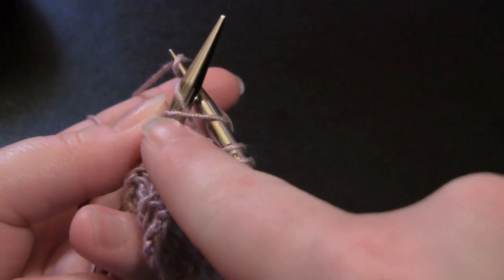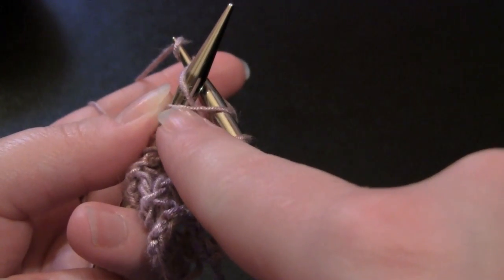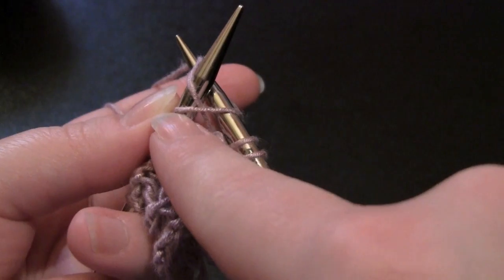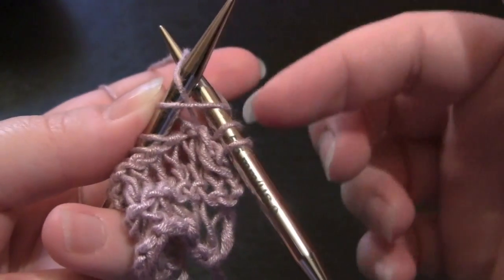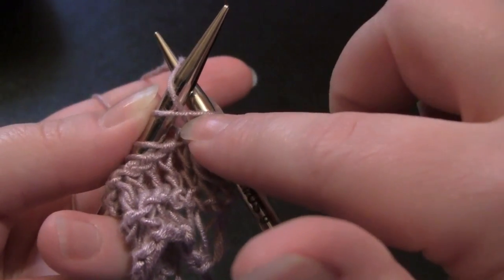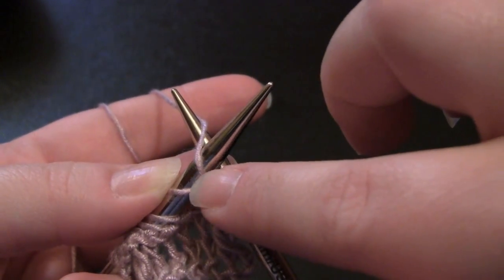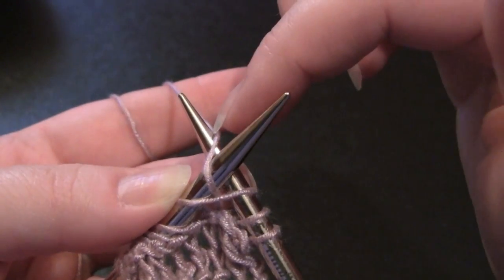and the strand that is going this way, this is your stitch that was on the left needle that you started with. So you know, normally when you make a knit stitch, you go in the front leg of that stitch, grab your yarn, and come back through the front leg of that stitch. You're going to be doing the same thing here. The only difference is, of course, that you have taken your yarn between the needles, over top of the left one, over top of the right one,